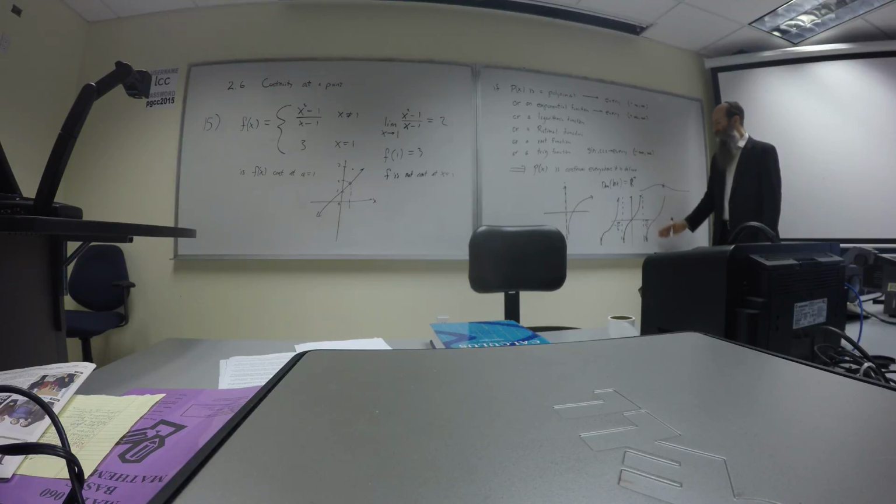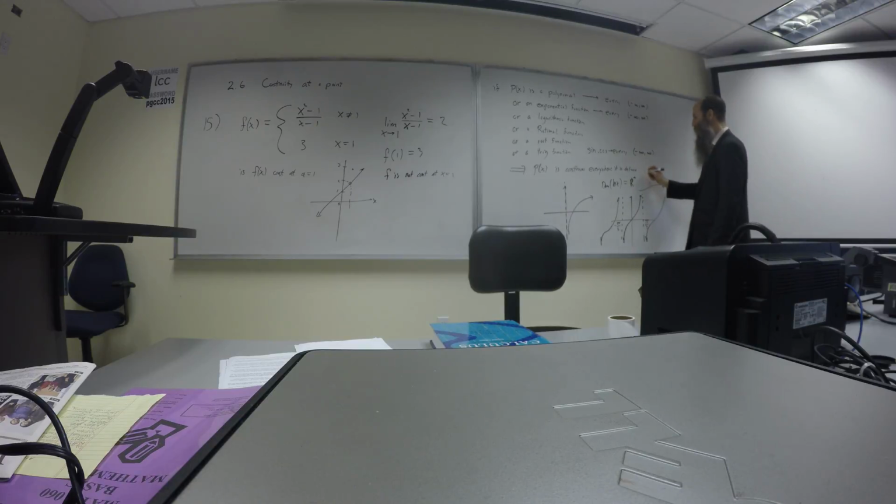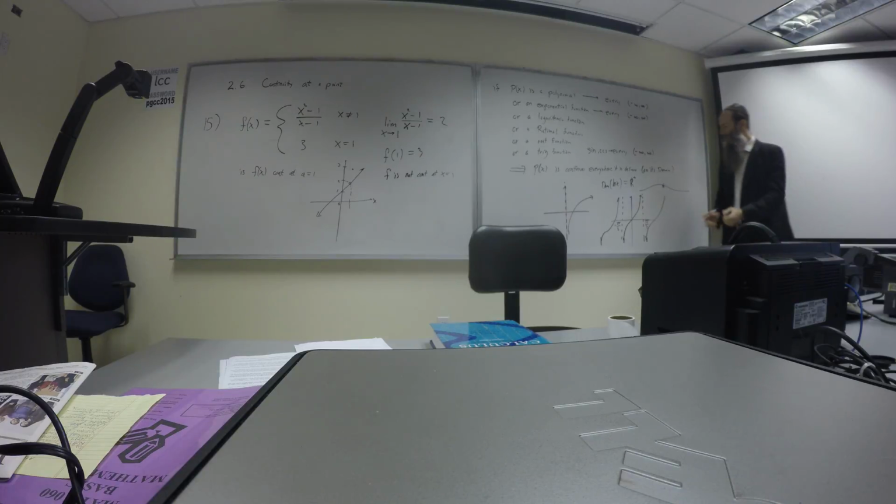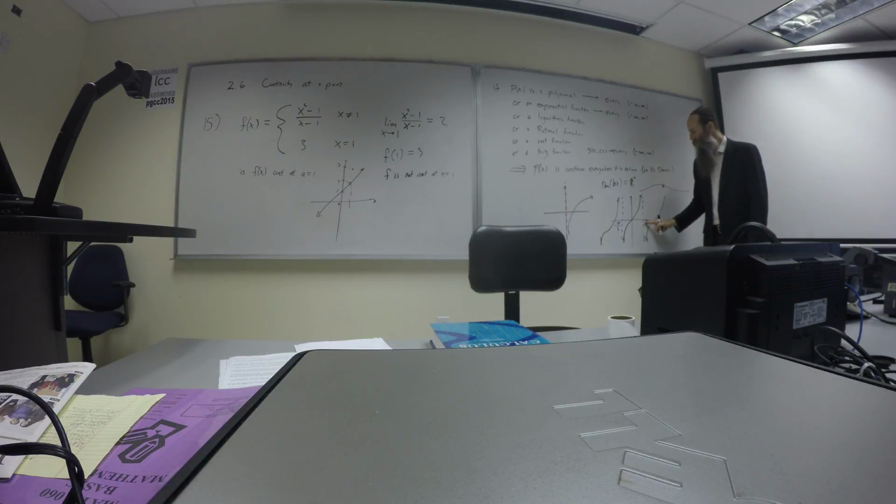But anywhere it does exist, is it continuous at 0? Yeah. 1? Yeah. Pi on 4? Yeah. Anywhere it exists, it's continuous. That's what you mean by everywhere it's defined: on its domain. So you can't just say tan is continuous everywhere. It's not true. It's continuous on its own domain, and its domain does not include the asymptotes.